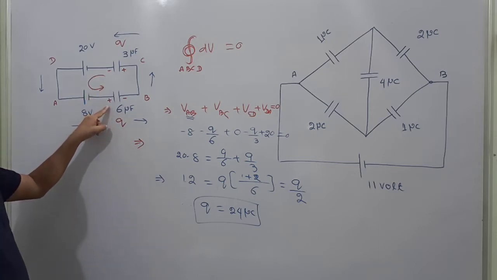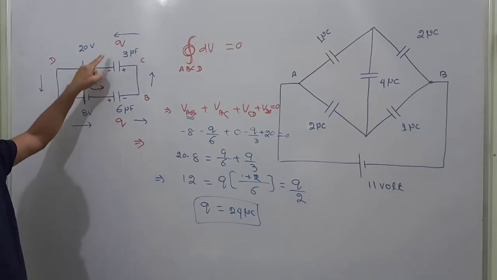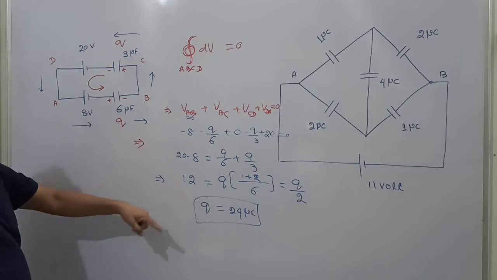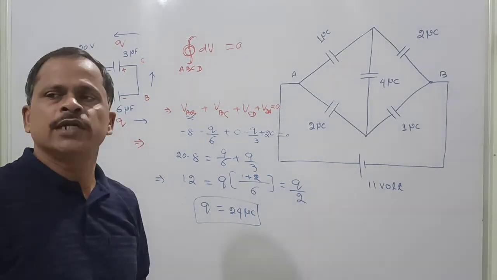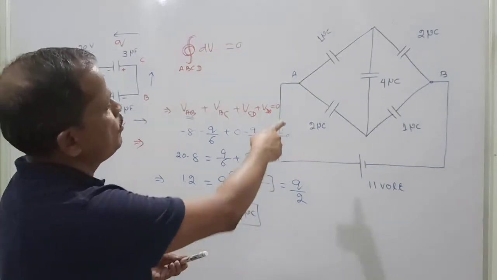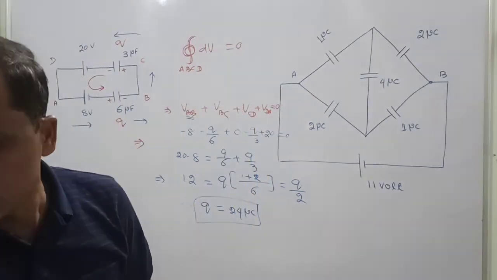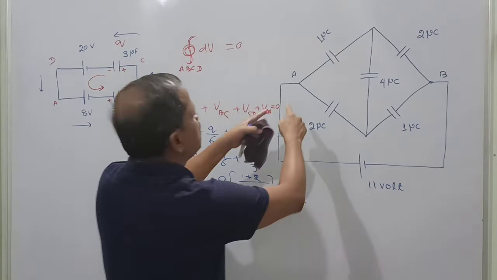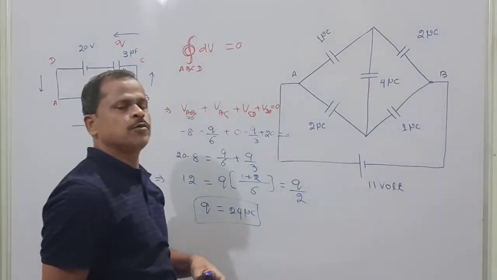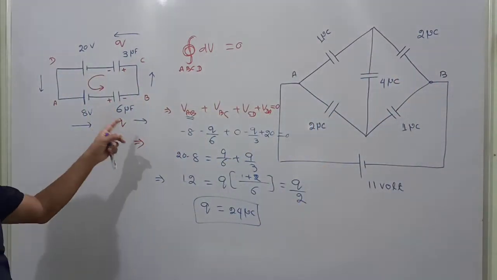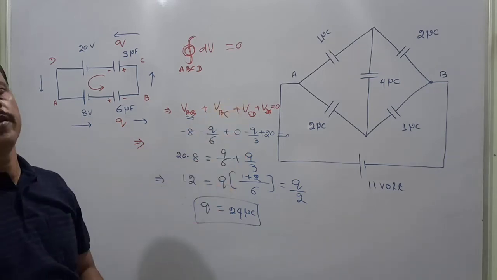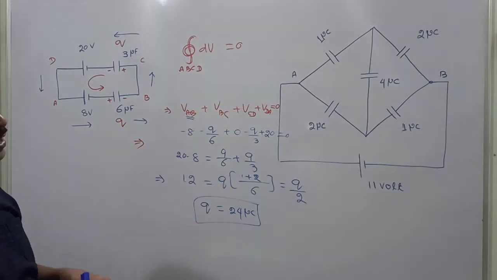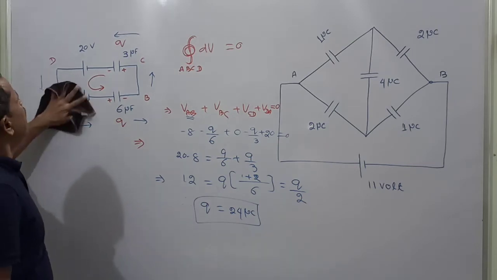So here the charge will be 24 microcoulomb, here the charge will be 24 microcoulomb, and this is the answer to the problem. Now let us come to the second problem, to get the equivalent capacitance across the battery, A and B. This is the next problem we are going to solve. Please note this down. This problem will help you solve this problem. How am I solving? Look, the same convention, everything same, I will be applying.